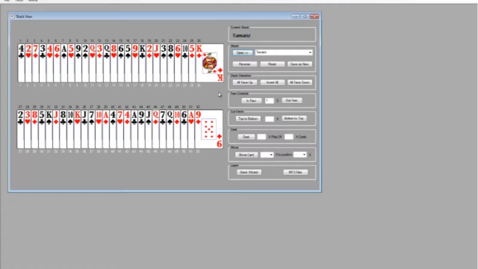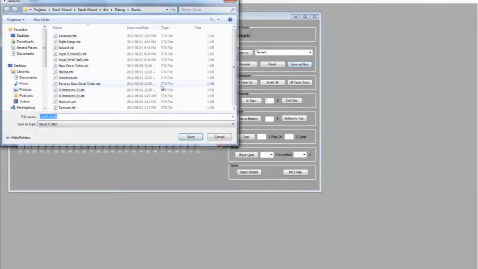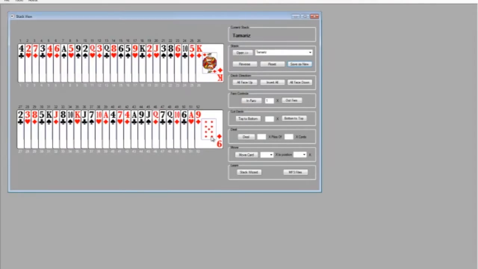Of course, if you need to at any time reset the stack back to this order, you can hit the reset button, and if at any time you've modified the stack in any way and you want to save that to be able to work with it again, you can click save, give it a name like before, and hit the save button. What we have here is a reverse button, which will, whichever order the stack is currently in,